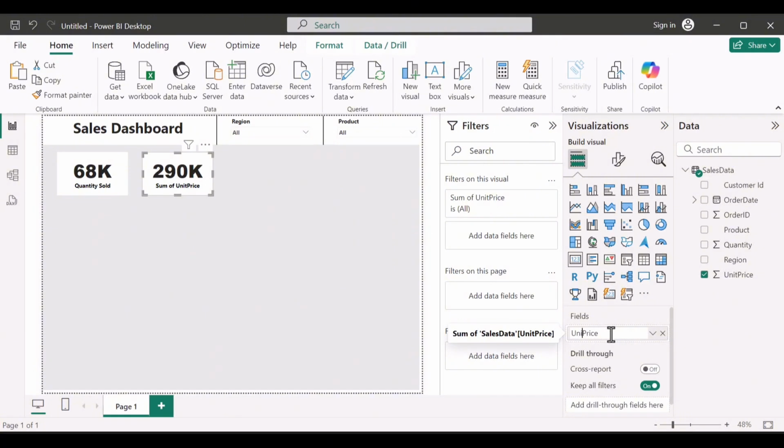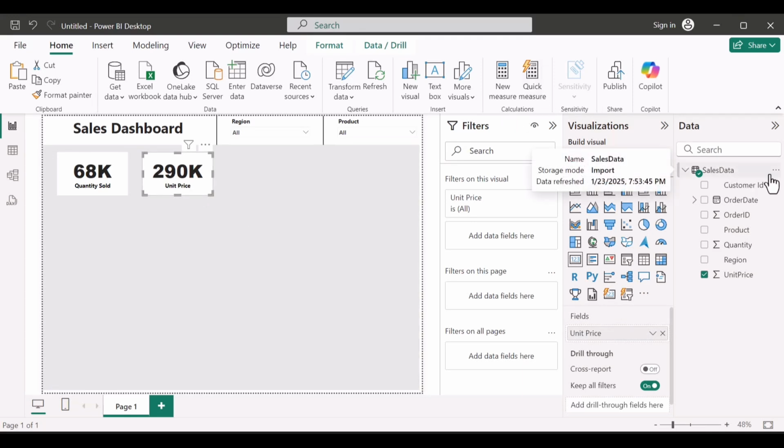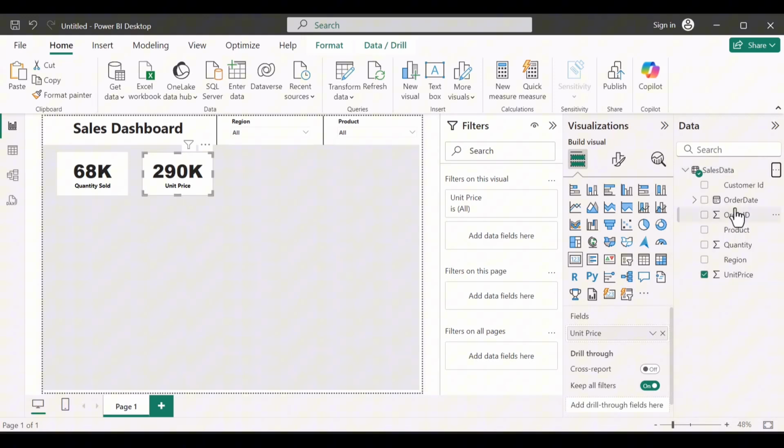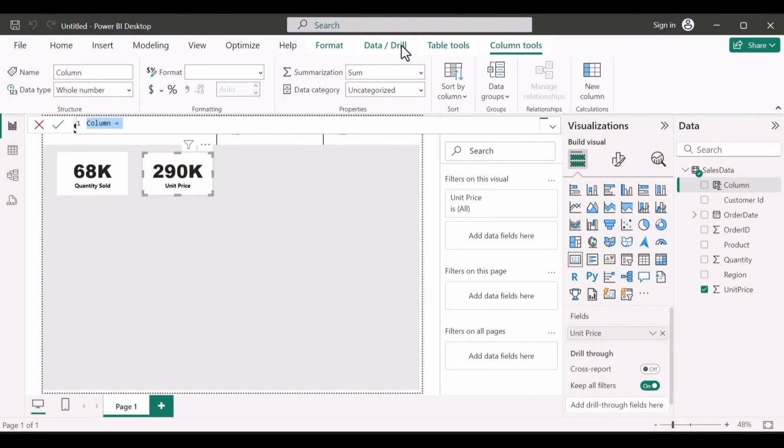Unit price, changing the callout value to unit price, right? And then yeah, so we have what we have. We just easily come here to our data field, and these three dots beside it are for more options. Open it, you have the option to create a new column, and you can always go to Power Query to do that as well, which is this transform data pane at the top. So change the column highlighted to sales,